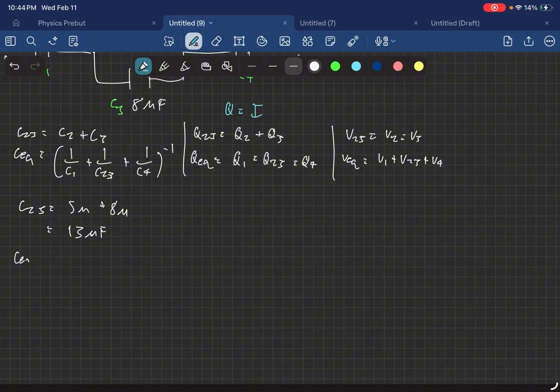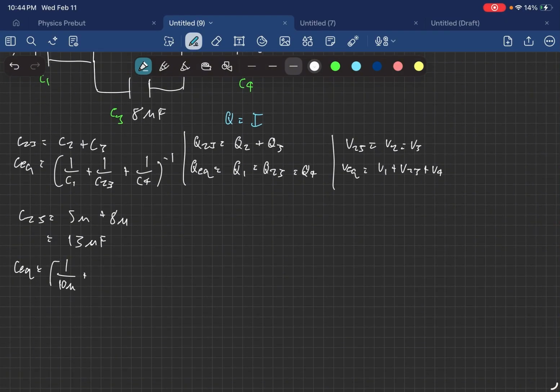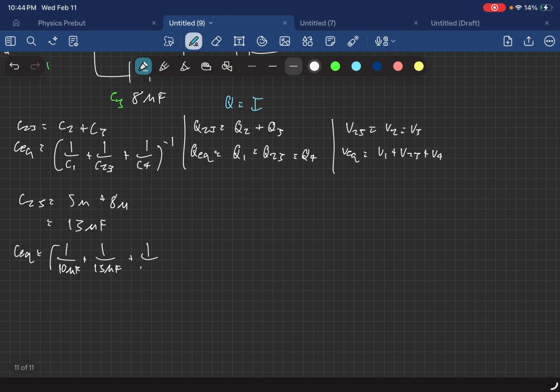And then we get our CEQ equal to 1 over C1, which is 10 microfarads, plus 1 over 13 microfarads, which is our C23, plus 1 over 9 microfarads, all raised to -1. Pretty simple, right? Let me put this in the calculator for you guys. 1 over 10 plus 1 over 13 plus 1 over 9, raised to -1. And that will give you 3.47